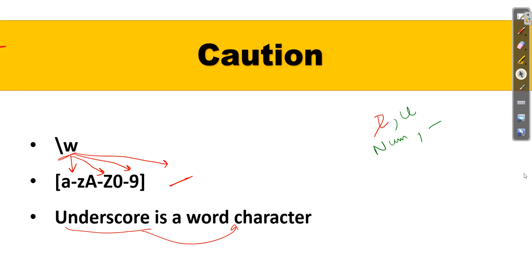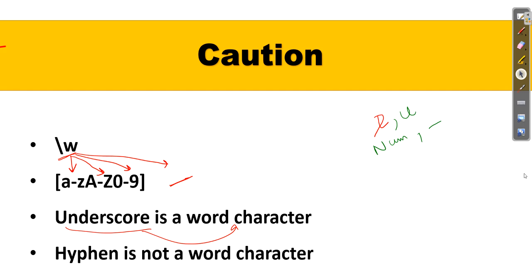But we need to remember that regular expressions are primarily a tool for programmer. And if you have a variable name, file name or an underscore, it is commonly used character in that context. While hyphen is not a word character. And that we need to keep in mind thoroughly.